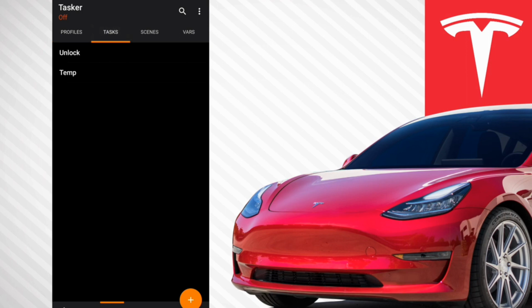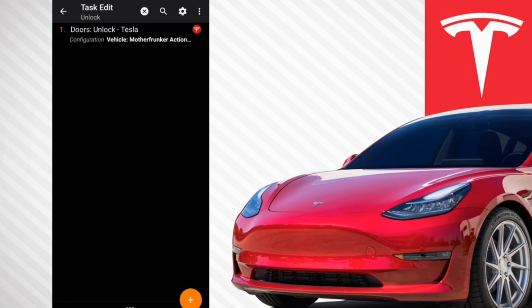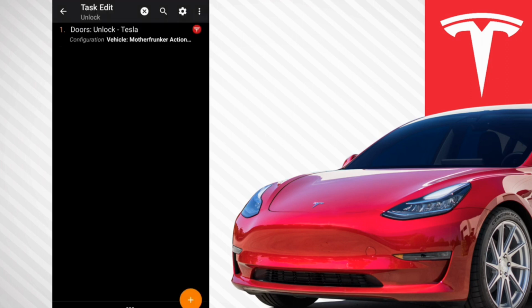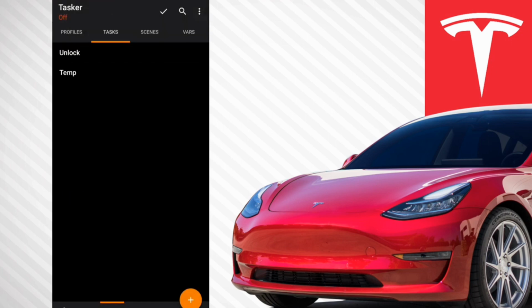My unlock task is extremely simple. It's doors unlock Tesla, and it's configured to my vehicle. To do this, we just have to hit the plus in the bottom right, and we're going to add the command to unlock. Because my task is called unlock, that's why I was able to call it through Google Assistant